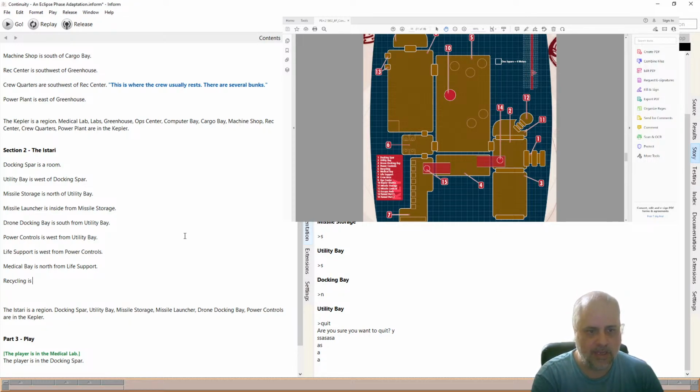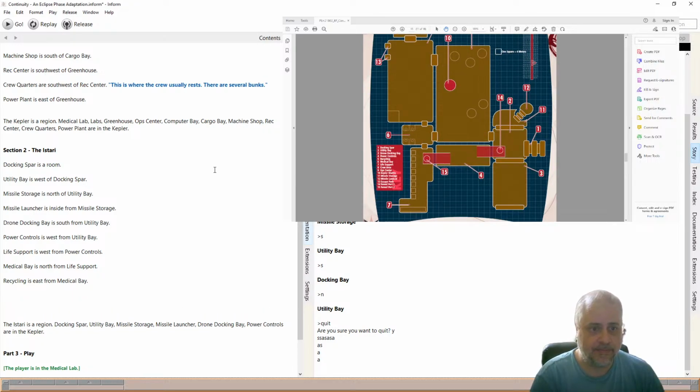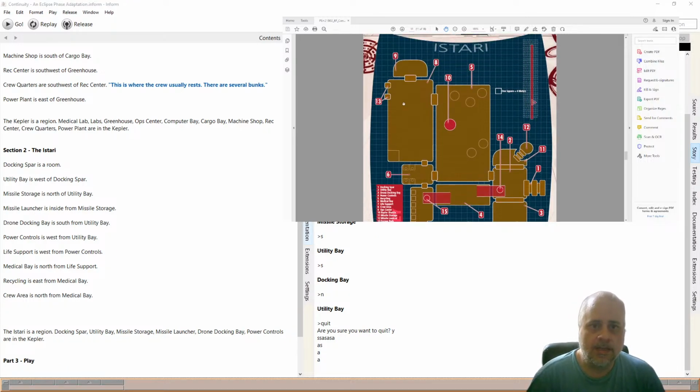Recycling is east. No, it's fine. East from medical bay. Okay. And then 8 is crew area. It is north from medical bay. And the last one